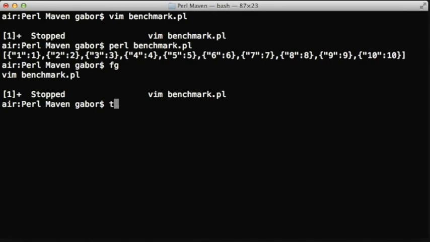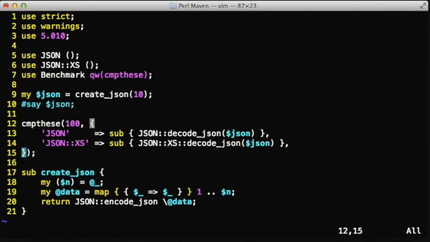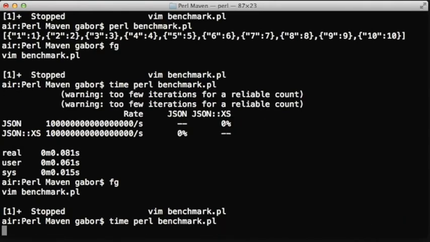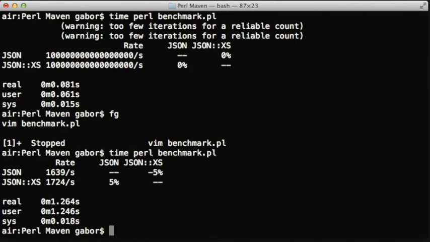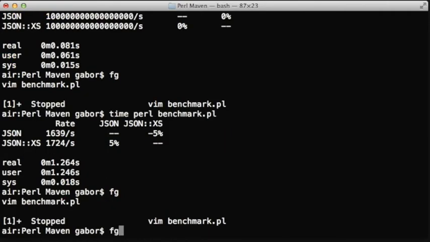In the console, we are going to run this with the time command, so we'll also see how long it took. When we run this, the first thing you can see is that there's a warning, too few iterations. That's because we only ran 100 times and the JSON itself was really small. So let's make both the JSON bigger and enlarge the number of iterations. So if we run this again, this time it takes more than a second to run, and you can see that it's plus minus 5%. It's not really a lot of difference, but let's enlarge further